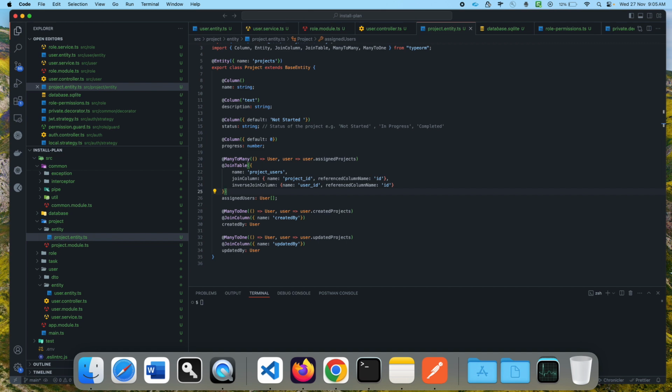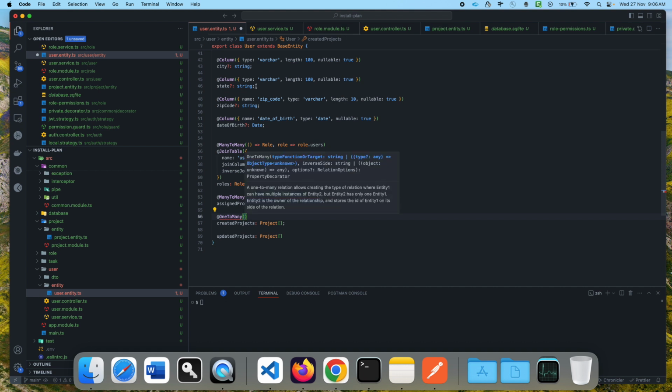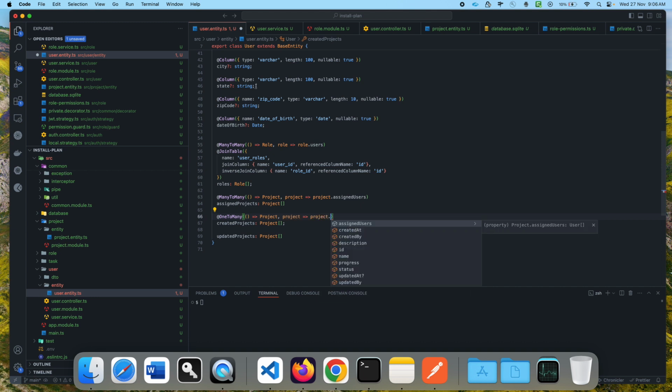All right, next we can go back in the user entity, and for created projects it is one to many. Now we are going to define the type for this, and this will be project. And then the next thing is how this entity is linked on the inverse side. So we can say project dot created by,